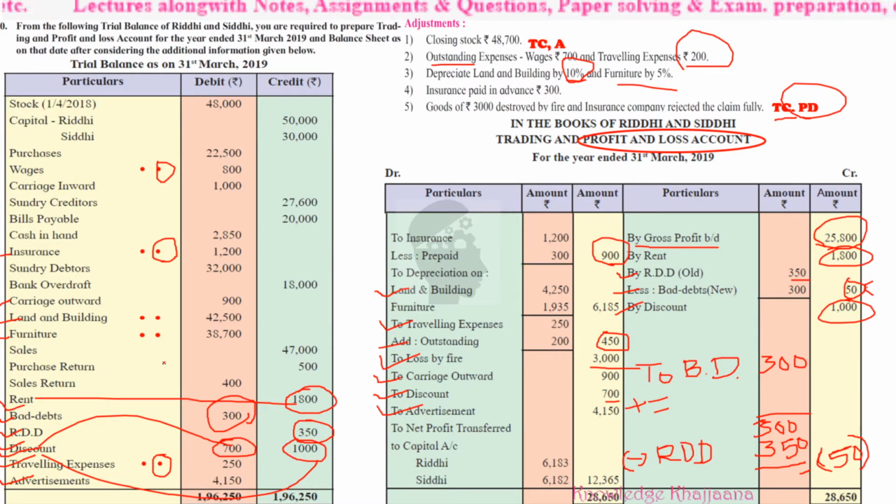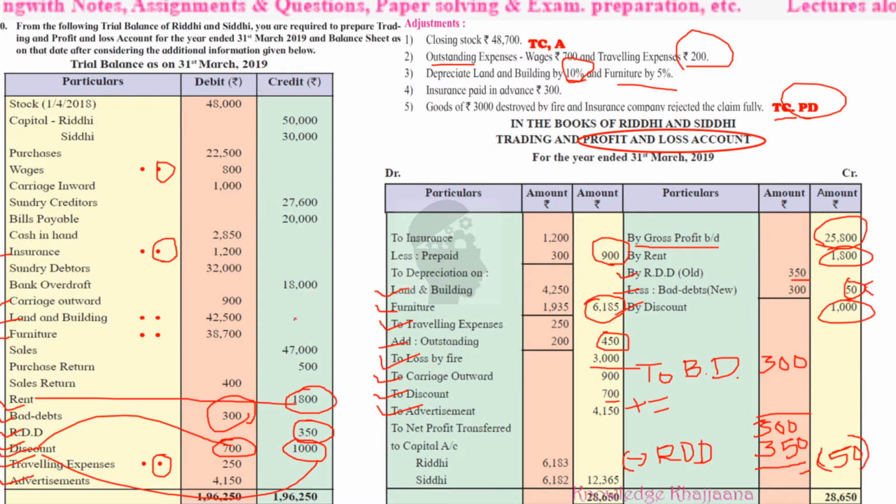Okay, so how to calculate it? See, 10% depreciation on furniture is rupees 3870. Now divided by 2 is equal to 5%. So what is 5% depreciation on furniture? It is rupees 1935. Okay, so this is the depreciation on furniture. So the total depreciation on land and building and furniture is rupees 6185. Okay, so with this we have recorded depreciation also, and with this we have